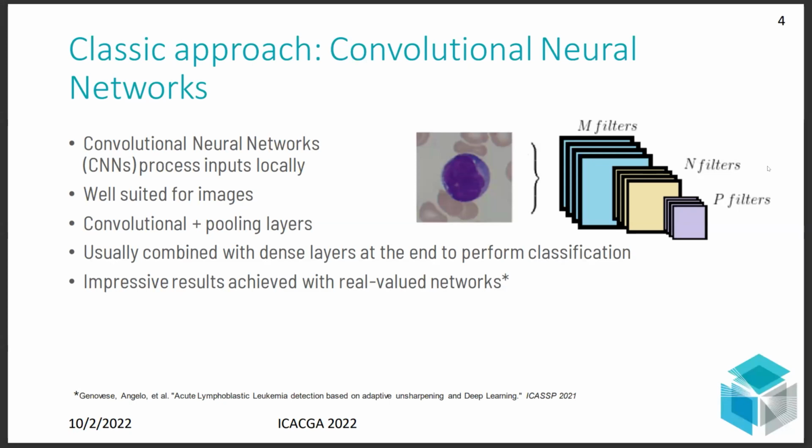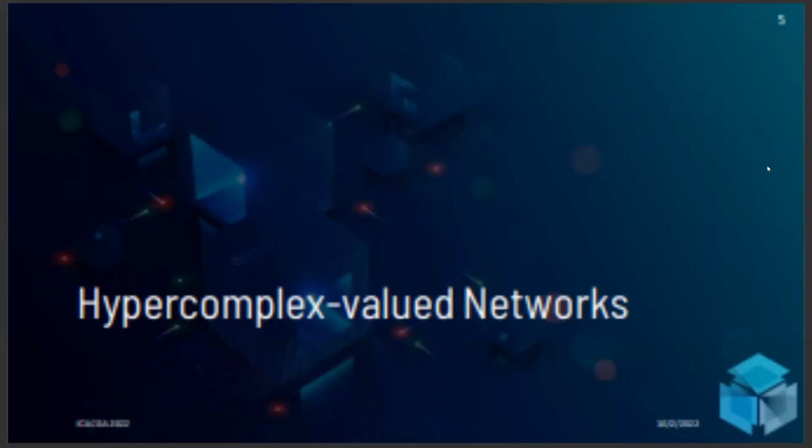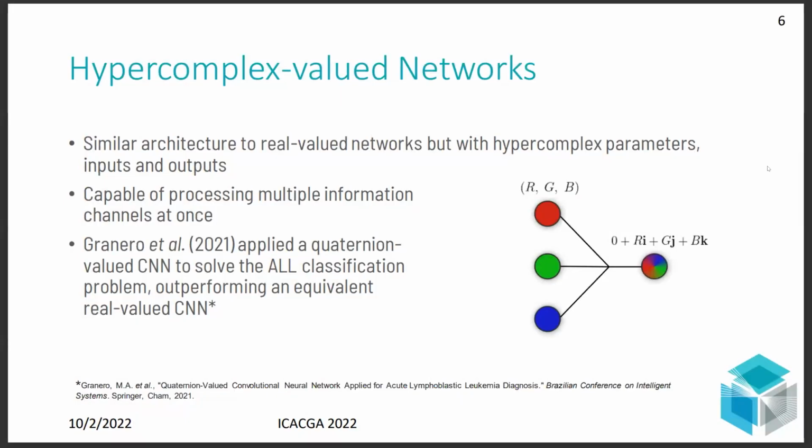Now, if we think about, can we transpose this and put this in a Clifford algebra space? What would happen to a neural network if instead of using weights that are real valued, we start using Clifford algebras or multi-vector valued weights? Obviously there is a lot of mathematics here, and I'm not going to be focusing on this today. I'll be happy to talk about this on Wednesday, but